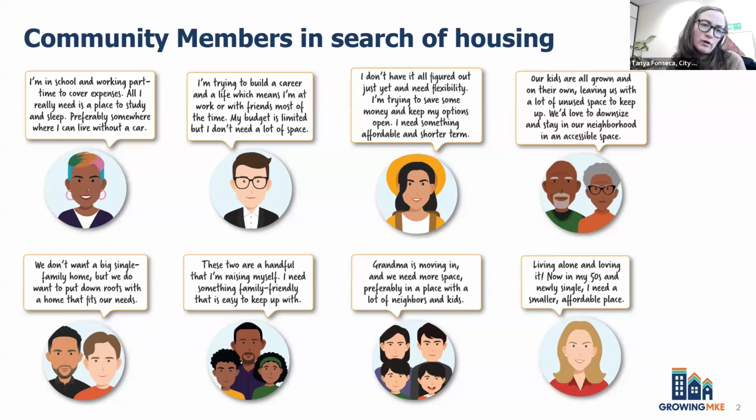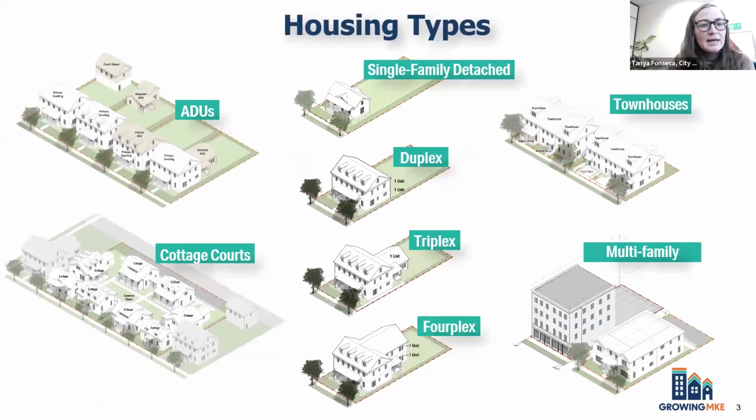So over the course of the GrowingMKE project, we've been hearing from the community that we need more housing, and that means housing diversity in the units available. This project, GrowingMKE, is focused on some specific tools to encourage more housing to meet the current needs of our community. And as we consider housing, we're talking about a lot of different types of housing for our current needs, including accessory dwelling units, cottage courts, detached single-family homes, duplexes, triplexes, fourplexes, townhomes, and a variety of scales of multifamily